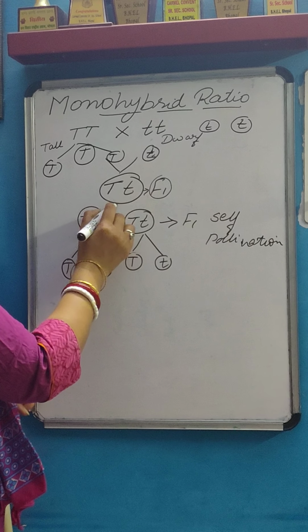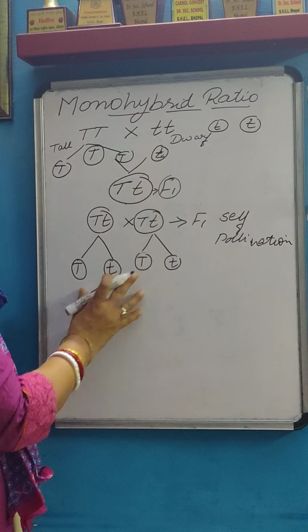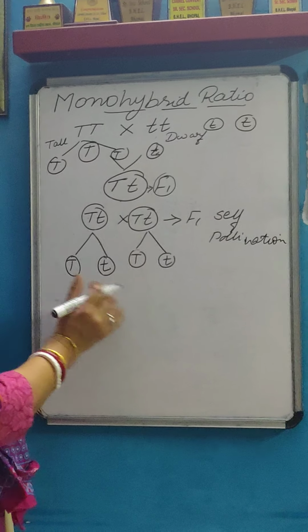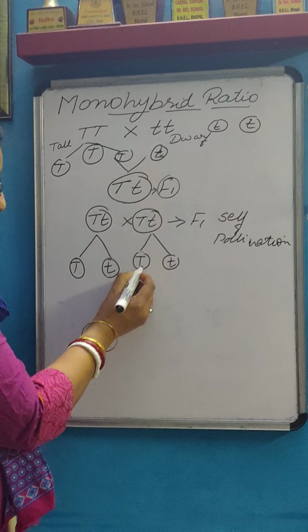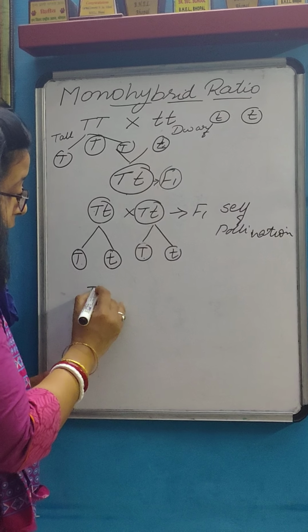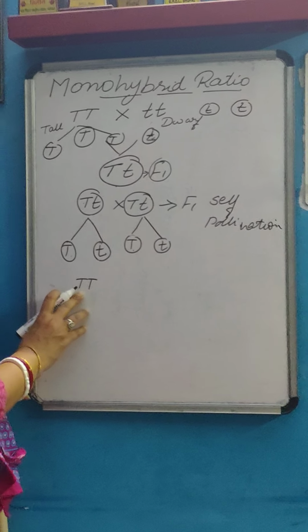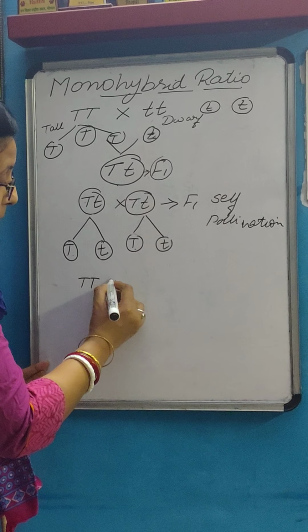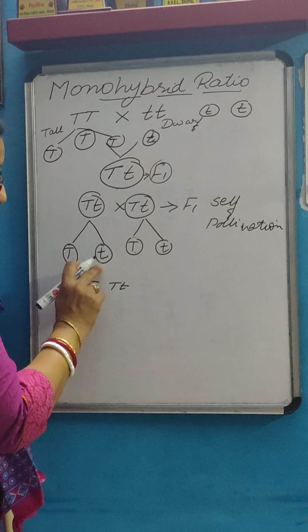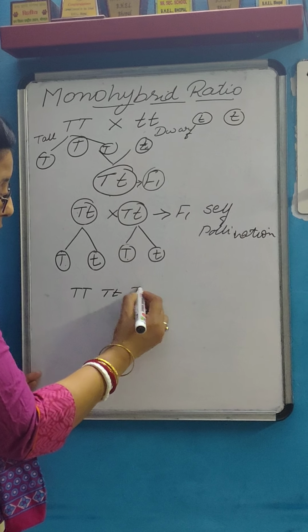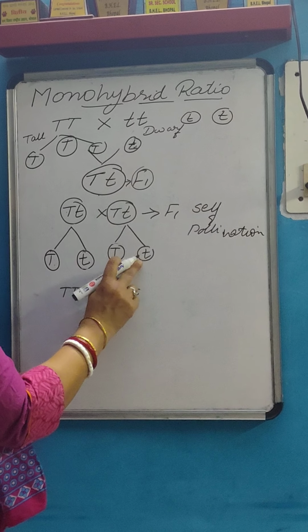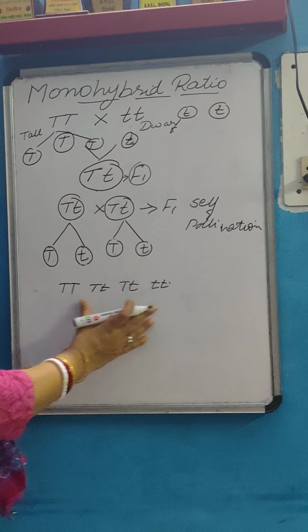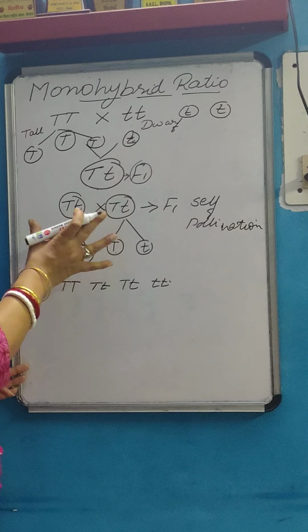And we are getting the F2 generation. Here, after we cross the F1 generation, what combinations are we getting? This capital T mixes with this capital T. We are getting a pair of dominant homozygous alleles. This T with this T. Again, this with this. And this one with this one. So this is the genotype of what we got.